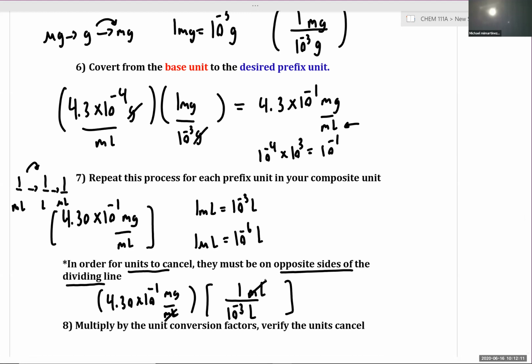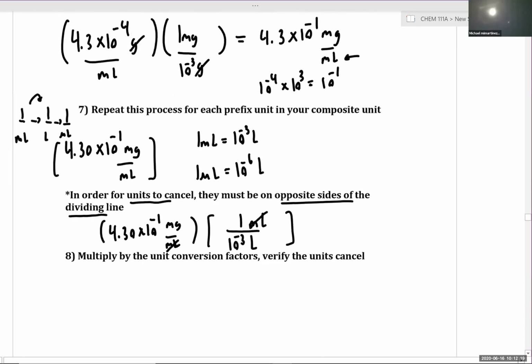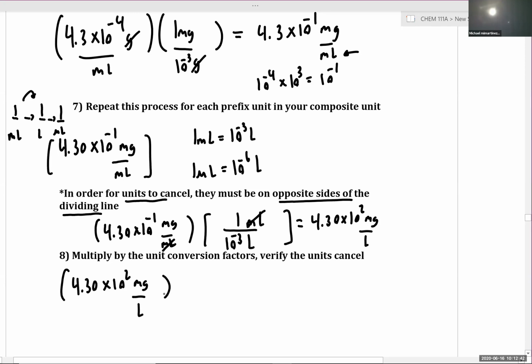Okay. Let's keep going with this idea. So after our first step, we have 4.30 times 10 to the second milligram per liter. So let's take 4.30 times 10 to the second milligram per liter. And now if we're going from 1 over liter to 1 over microliter,